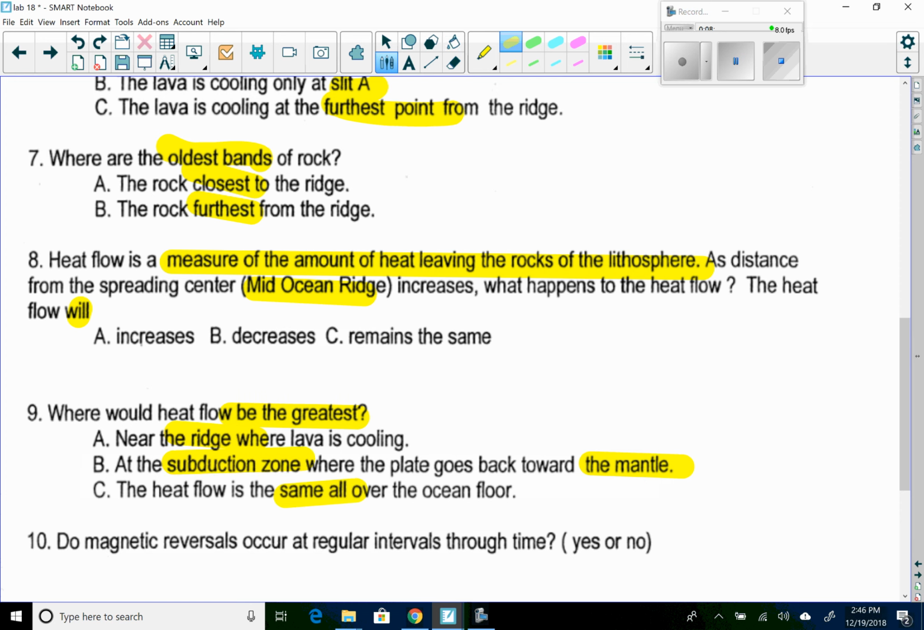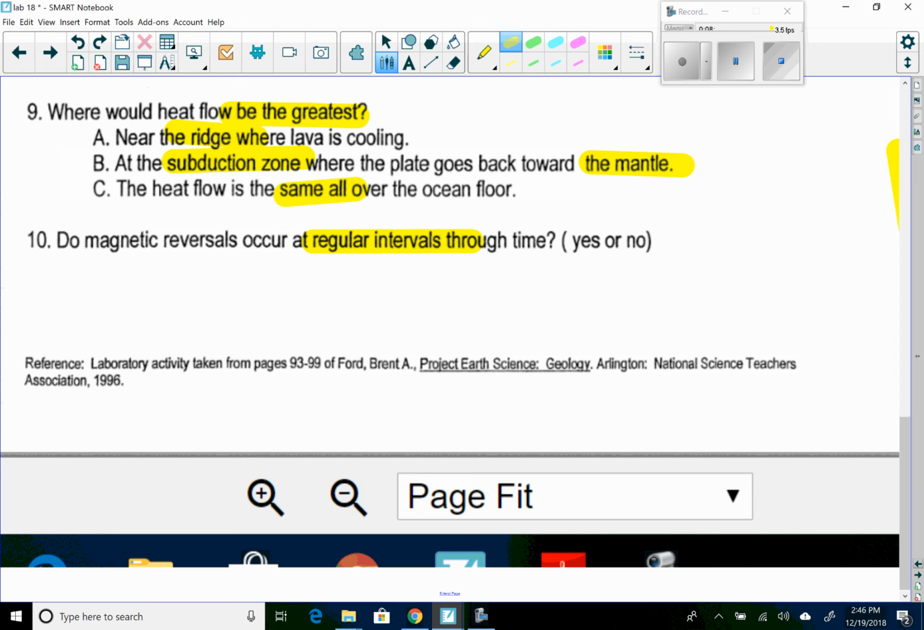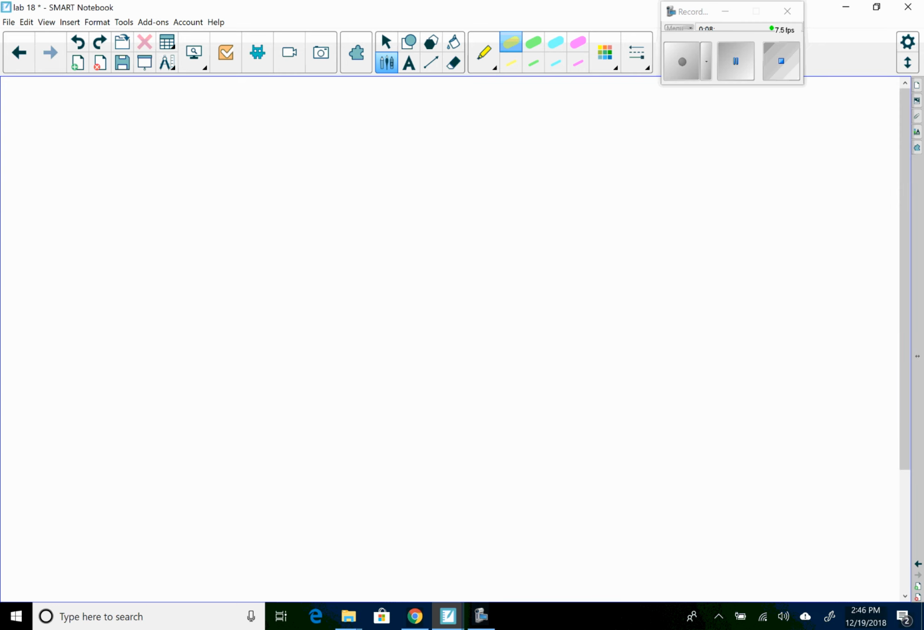Number 10, do magnetic reversals occur at regular intervals through time? Yes or no? And that is the end of the